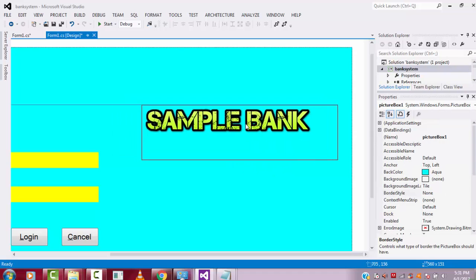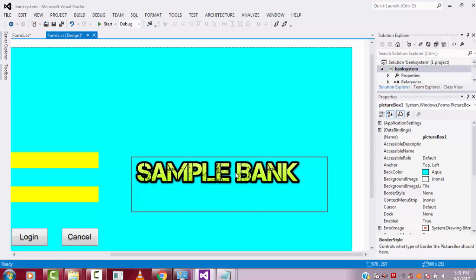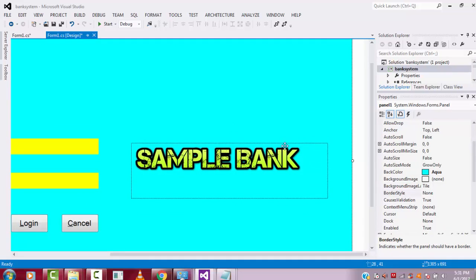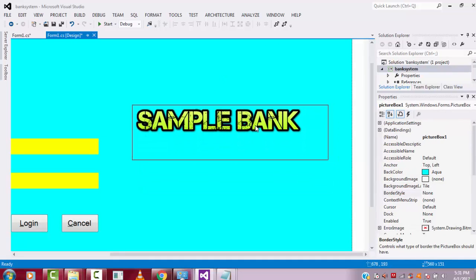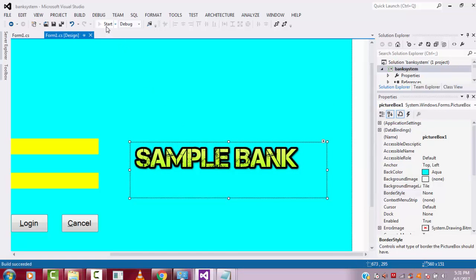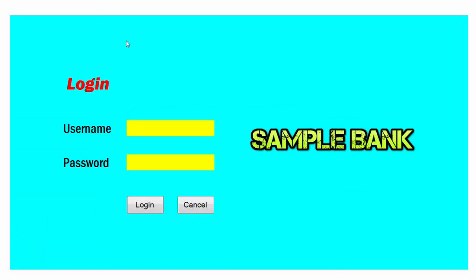Here the text is coming nicely like this. Okay, if you have a logo based on your company, you can put that logo as well. Okay, this is the successful login screen like this. Now if you click start, you can see the nice user interface of the banking system. Okay, this is the simple login screen. If you build the system like this, it's very professional, a very valuable system.